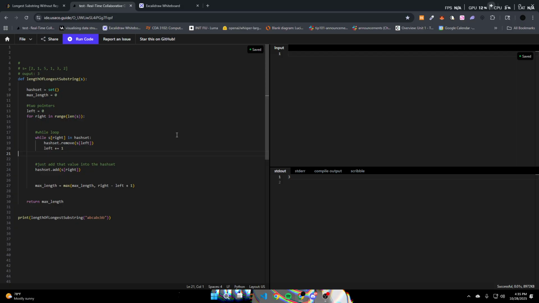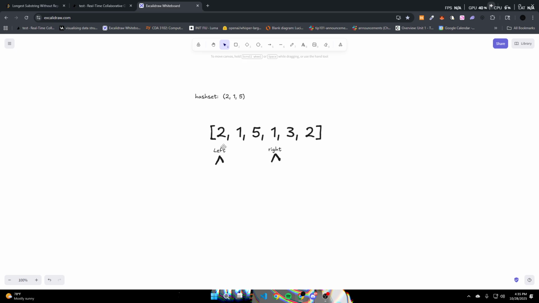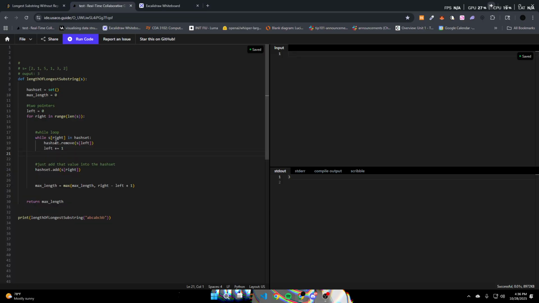And in this instance, it's if s at index right is inside the hash set. So we are removing values from the hash set starting at s at index left, right? So left is at 0. So we're going to remove 2, right? So remove 2, right? And left is going to increment by 1,